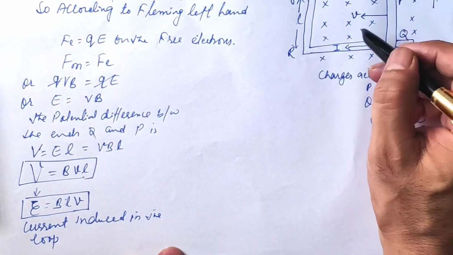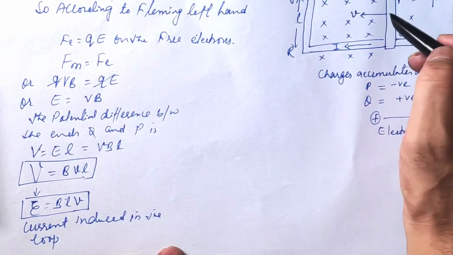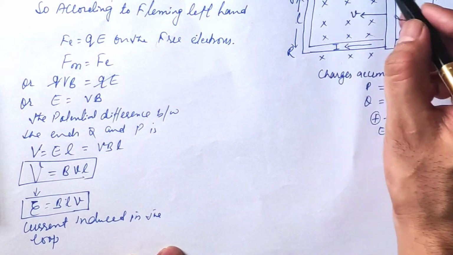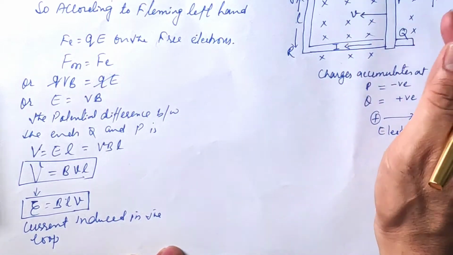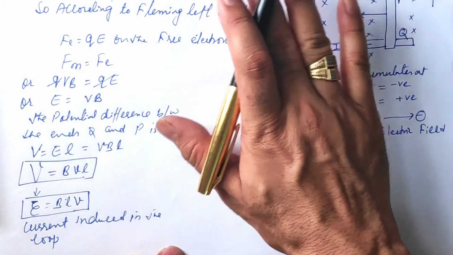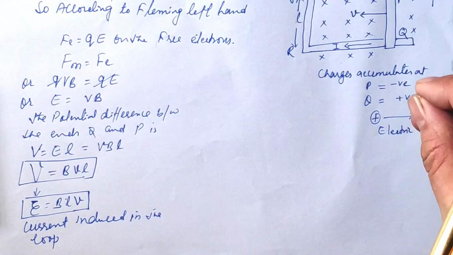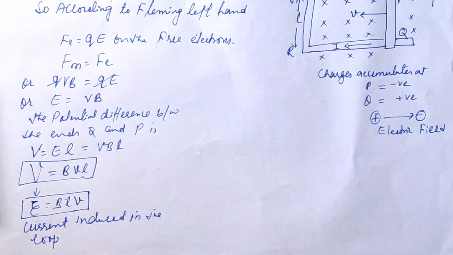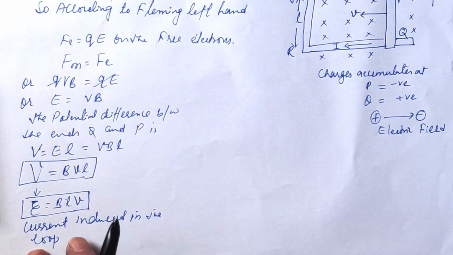So what will happen, there is a change in velocity, and there is a change in position of the conductor from A point to B point. Suppose the conductor is at point A at this point, and at this point it is A dash. So magnetic field lines are passing and the area is changing. So if area is changing, then there is an induction of the induced EMF, or we can say magnetic flux will be linked when the area is changing. So now we will find out the value of induced current in the conductor.